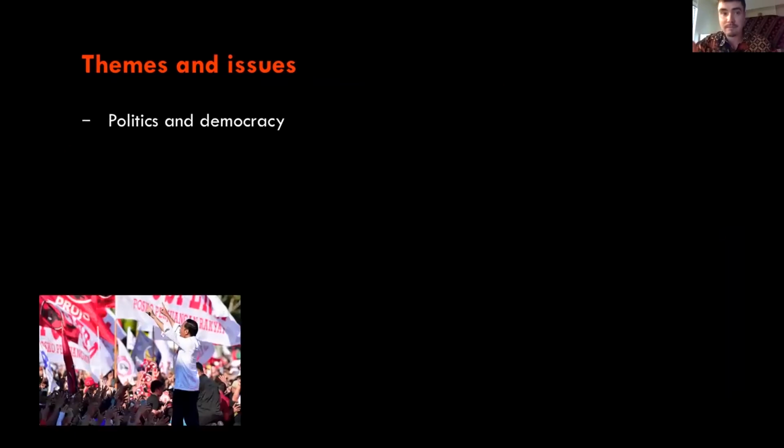And finally, we can touch on some of the themes and issues outside Indonesian language that are relevant and are taught by our department. If you come into the Indonesian Studies department, you will learn about Indonesian politics and democracy. You'll learn about minorities and human rights, about development, so issues around the development of Indonesia as a nation, also economic development and social development,